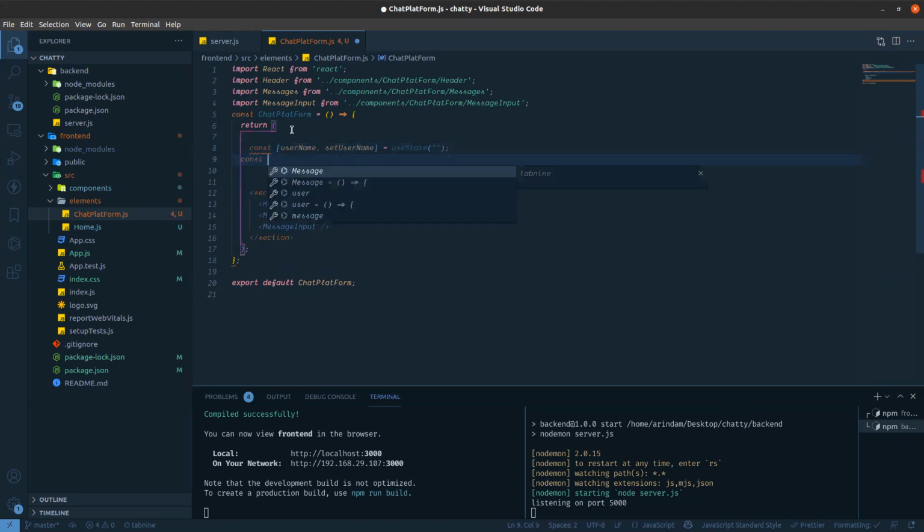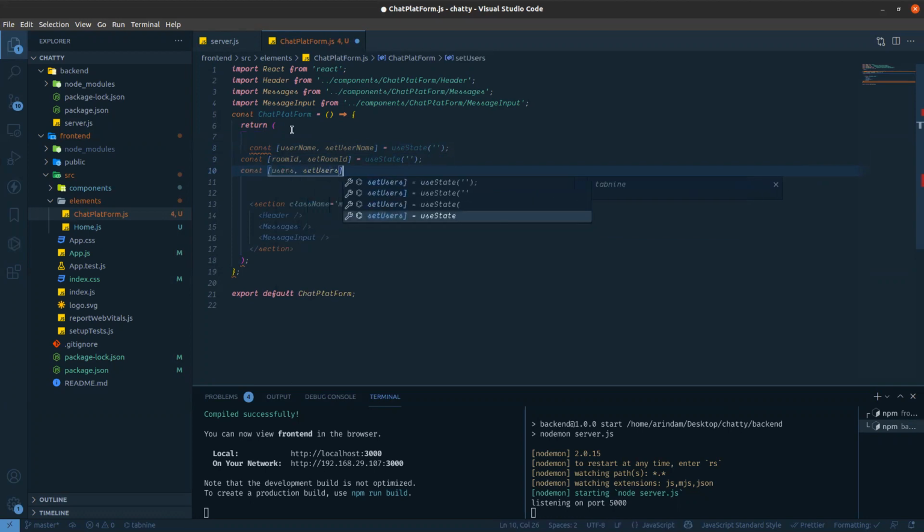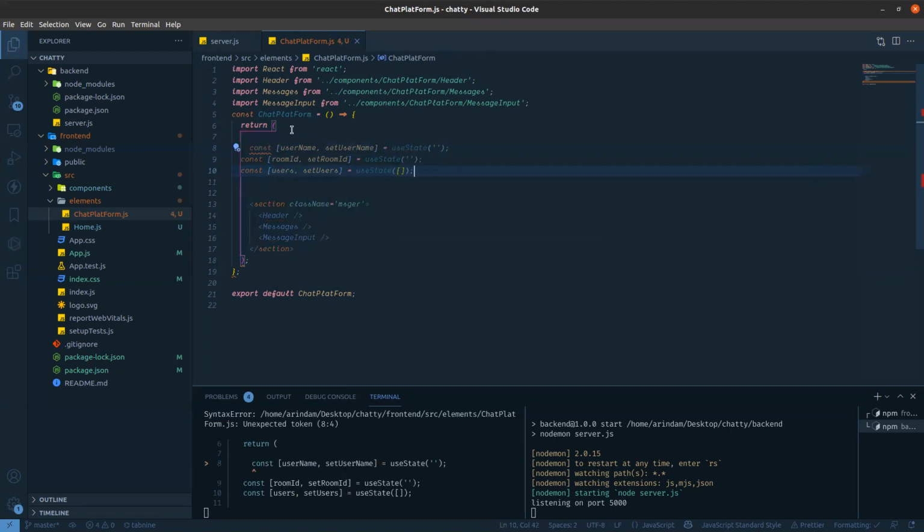Then we will get the room ID, so I'm creating a state for room ID, and I'm also keeping it blank. Then const users and setUsers. These users are not actually needed for our platform, but I am still adding it, because one method we will implement shows who is online, or who has already logged in to the same room.